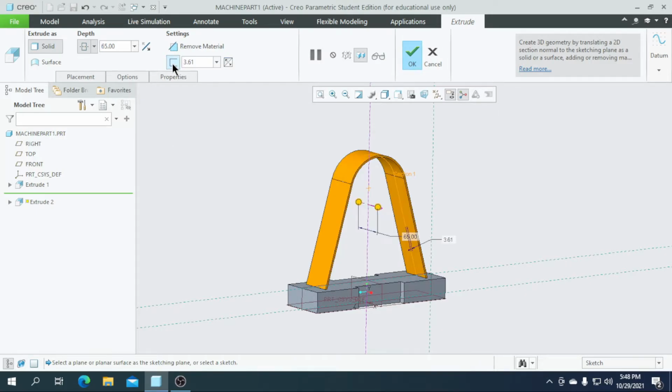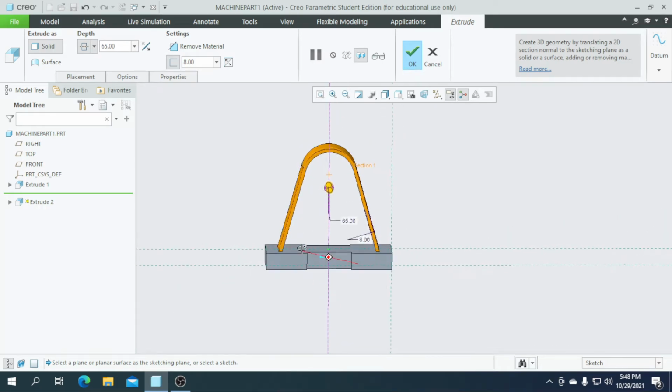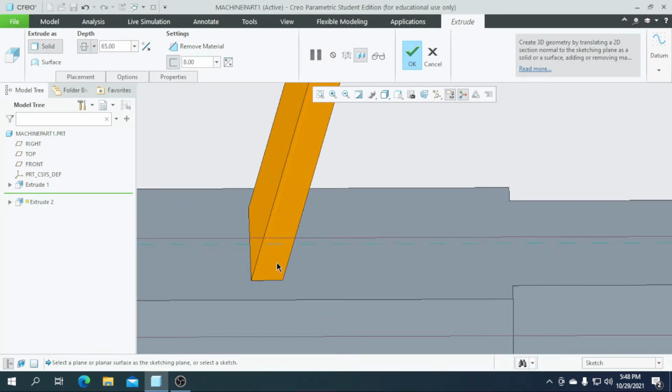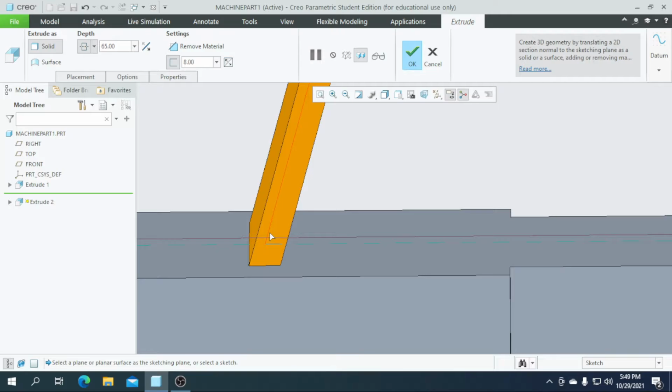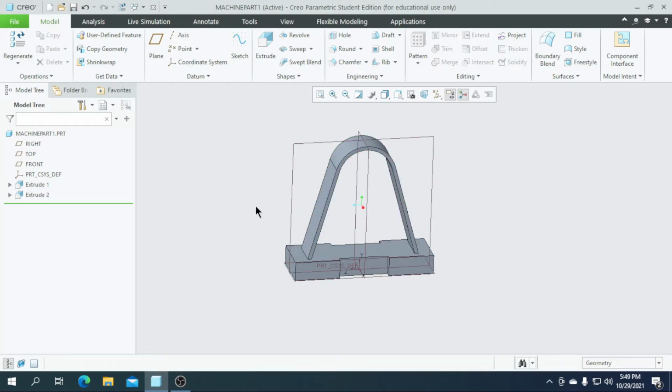Then I am going to add a thickness for this. Just drag it to the center. You can see that it's moving. It is on the right, center, left. So we need it to be the center. I need the thickness to be a value of 8. So the thickness will be applied from this line, to a value of 4 on this side and a value of 4 on this side. So our part is completed.